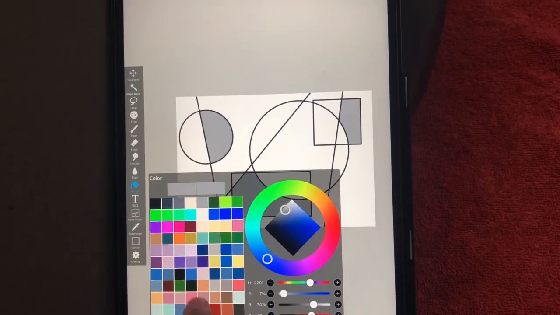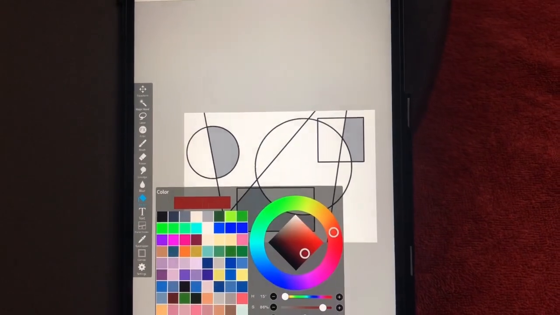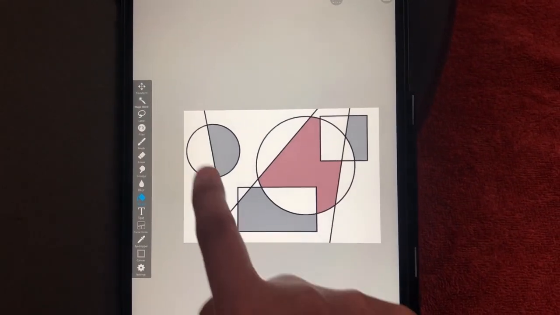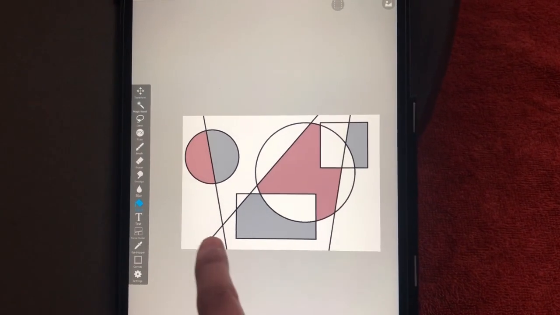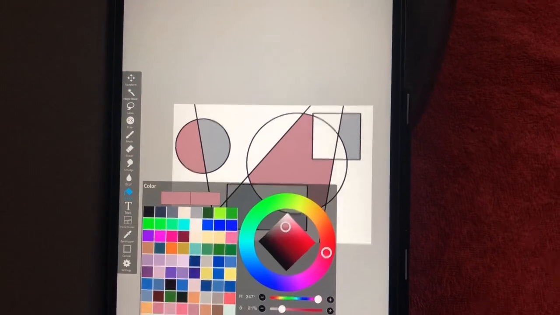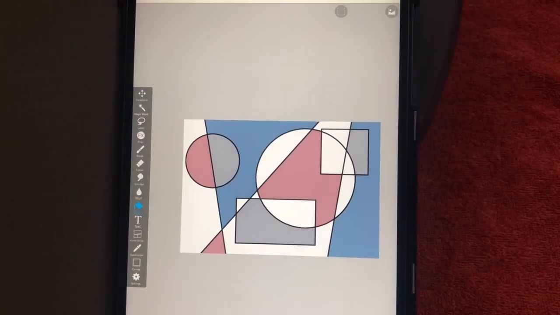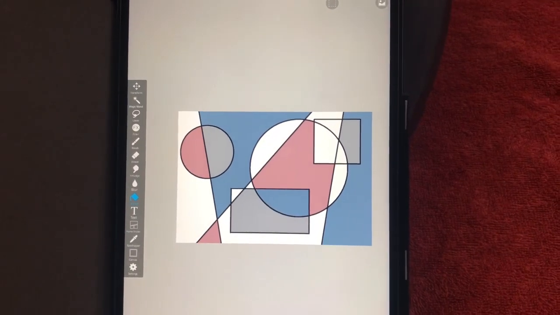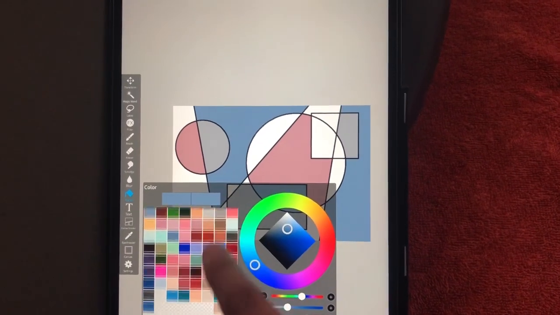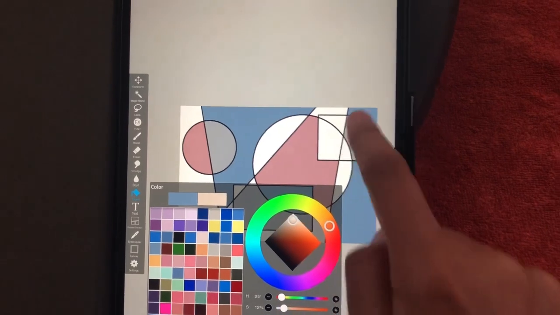I'll choose a nude color here. Okay, so now we'll again go for some blues, and another color that I choose will be ochre.